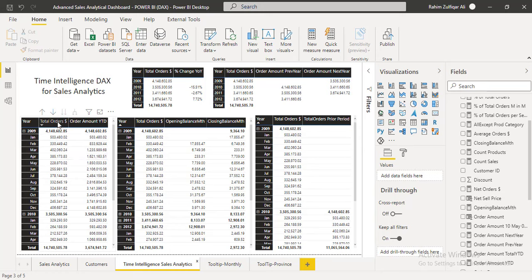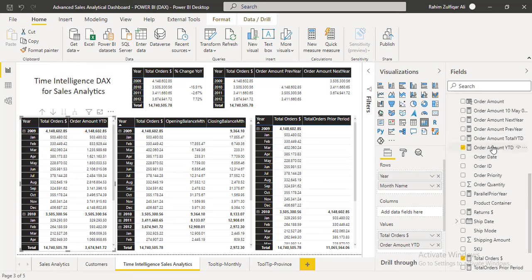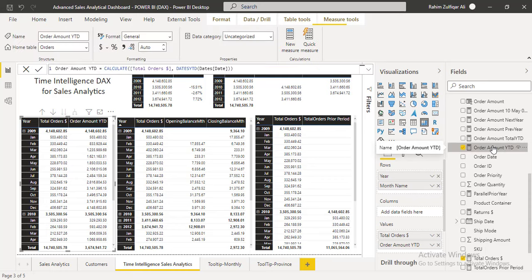And in the first table, from the very left side, you can see the total orders and the order amount YTD, which is the running total. So let's explore how this running total has been formed. I will explore and show you the DAX, but as I told you, if you want to understand the logic behind this DAX, you can contact us for training or consultancy.